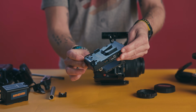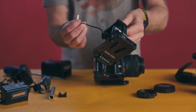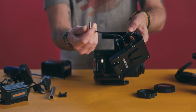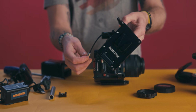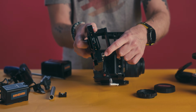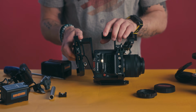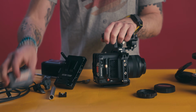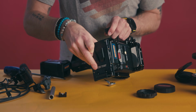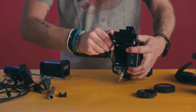This battery plate from Wooden Camera is very good for the V-mount batteries, but the most genius thing is that it uses the RED's own power cord system to power the camera from the battery, and it has this little input where you can charge the camera and the battery while you're running it. So it's actually a hot swappable power solution, and you can also use one of RED's own batteries at the same time. Click it into one of the battery slots, just like that, and then put it up there and